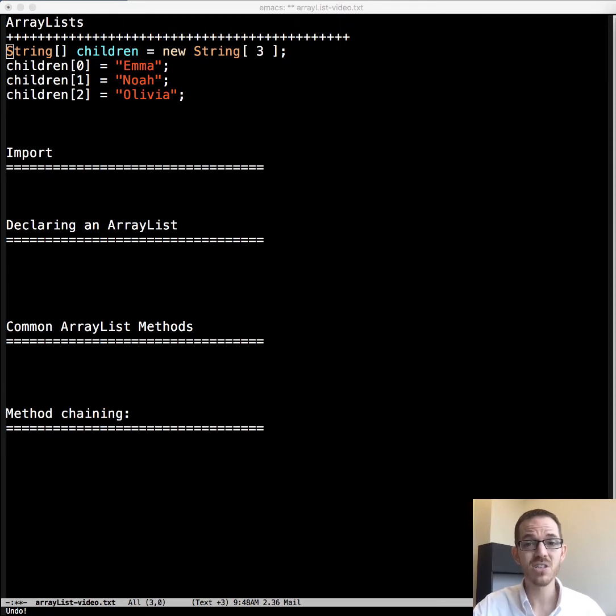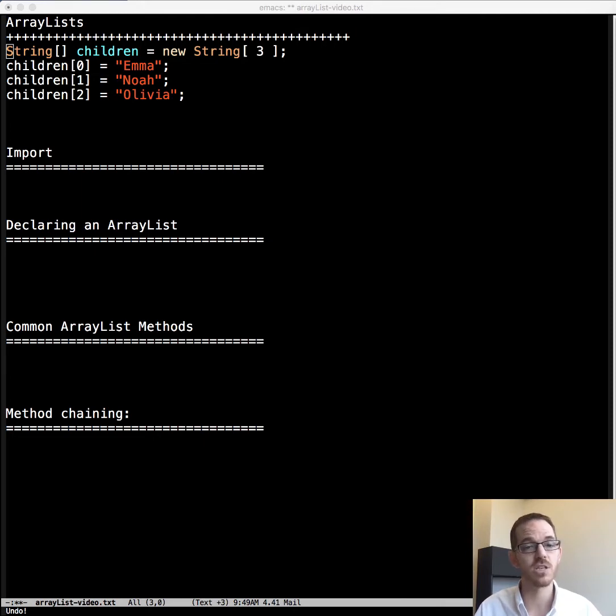What we would have to do is create a new and larger array, copy all of the elements from the old array into the new array. So what if we decided to add 1,000,000 elements into this new array? Then we'd have to expand the array each time with this algorithm. That sounds like a lot of work.